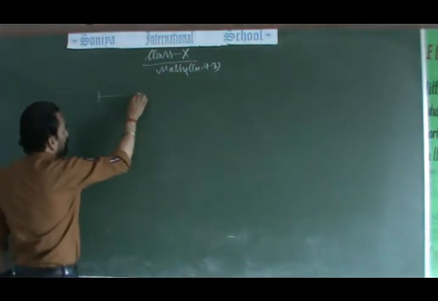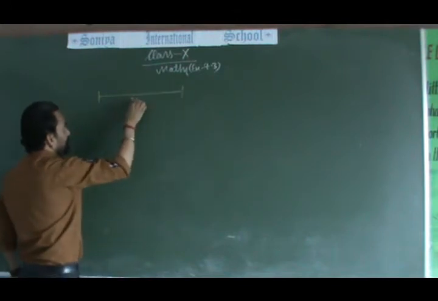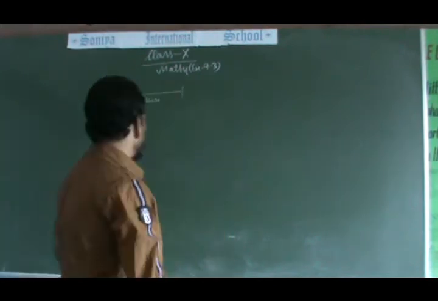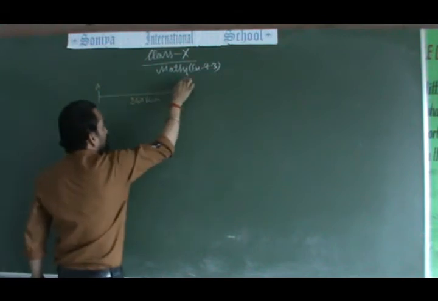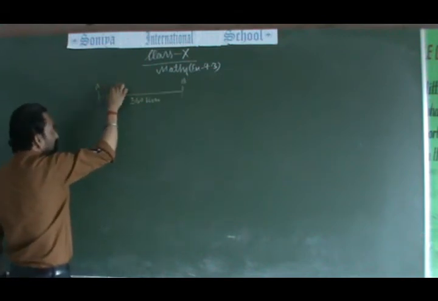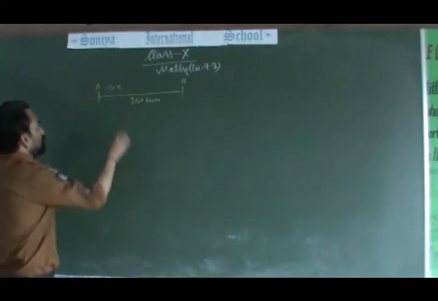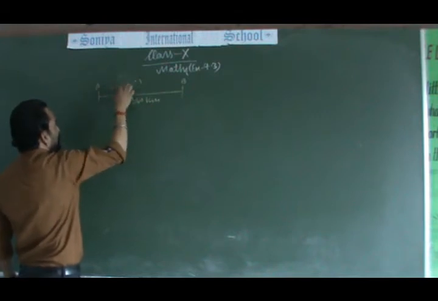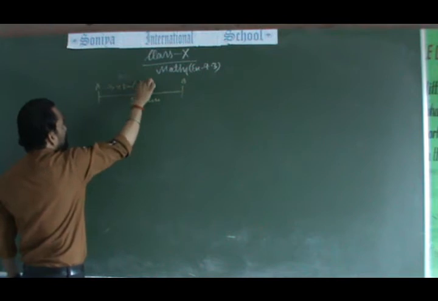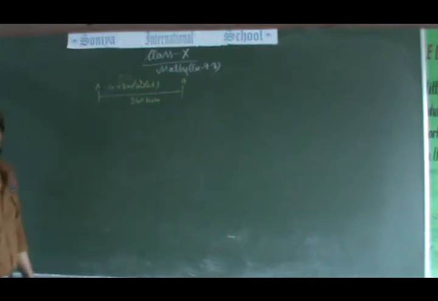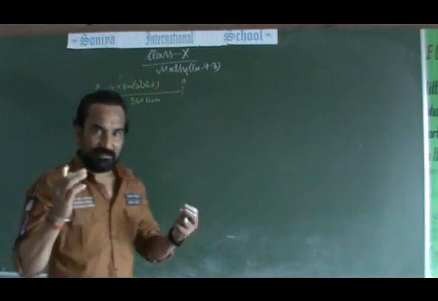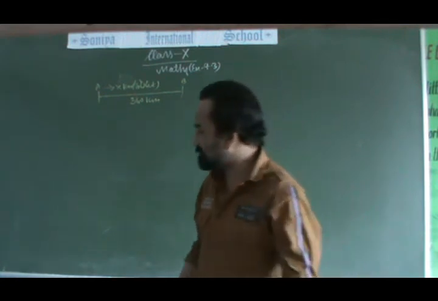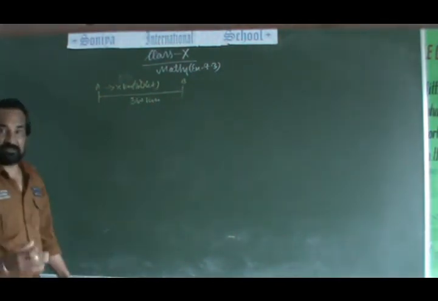A train has to cover a distance of 360 km. Since it is a train, it definitely reaches from A to B with a certain velocity, or you can say speed, and we don't know the speed. So let the usual speed of the train be x km per hour. That is supposed by us, so you can write here let. With a speed of x km per hour, a train travels a distance of 360 kilometers. So how much time will it take to complete the journey?